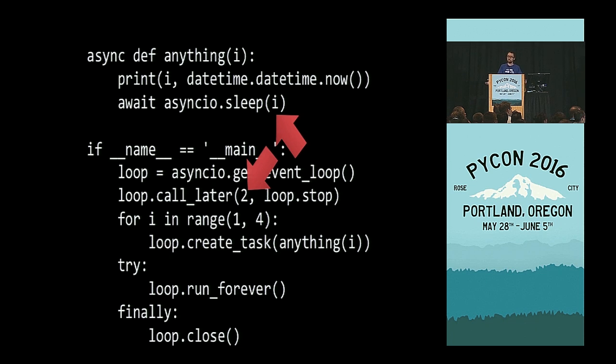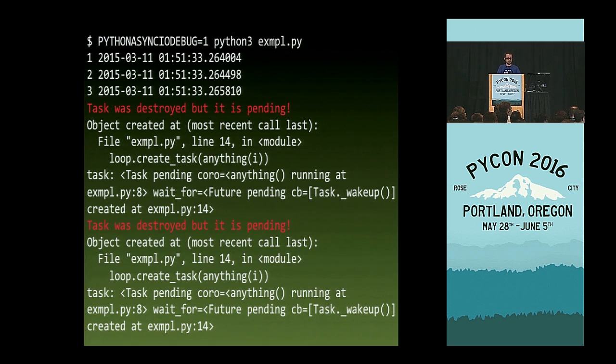Fortunately, async IO is friendly to the programmer that just comes to async IO for the first time and doesn't really expect those situations to happen. If you use Python async IO debug, it's going to tell you, hey, I'm closing the loop, but there is still work to do.